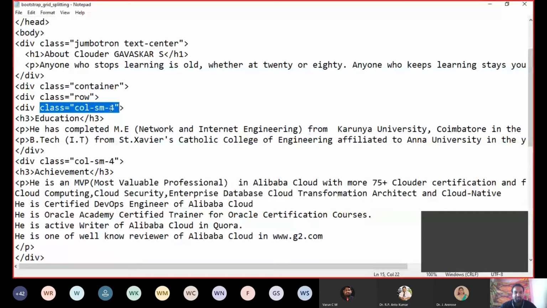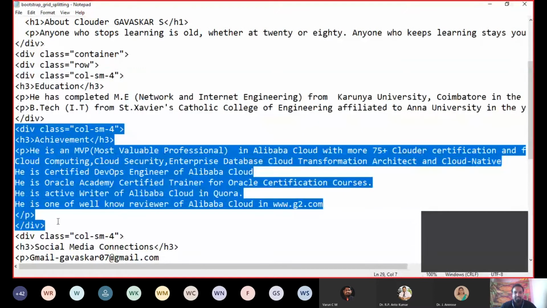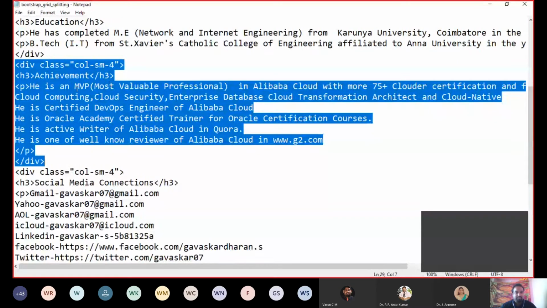Now I am going to have the second column. Now this is the coding for the second column. Here again it is 4. You can provide whatever content you have to display over here. This is the second column, you can provide any content. So now I provided the content which I have in my profile. This is the best way of creating a page. Everyone has a profile, so you can create a web page for your profile, providing some content, you can give the original content here.